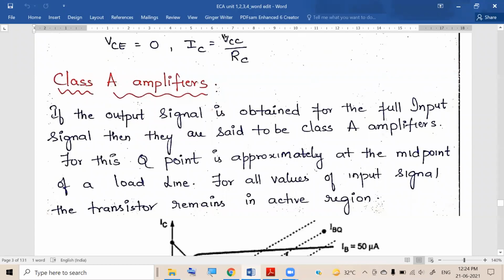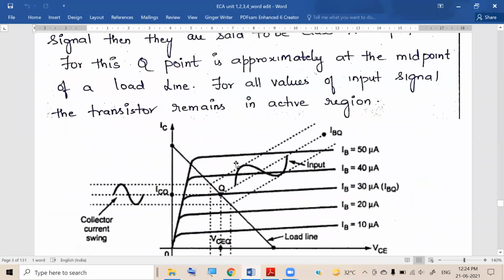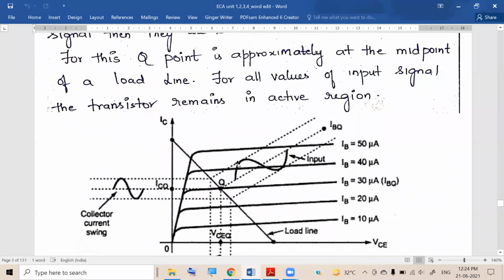Okay, thank you. So we were discussing class A amplifiers in the previous class. Important: class A amplifier means we are operating in the center of the active region, which also happens to be the center of the load line. Ideal case it is the center of the load line. Practically, it is almost at the center of the load line. Anyway, throughout our analysis for class A amplifier, we will say that we are operating at the center of the load line.